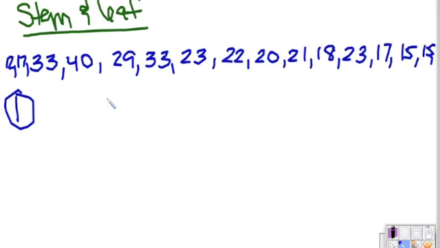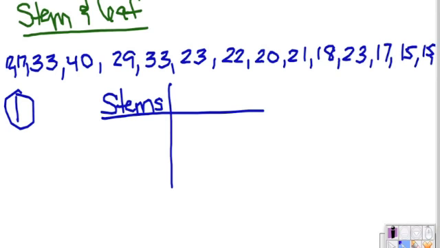But let me go ahead and get started here on my chart. So we have our stems on this side, and then our leaves on this side. Okay? Now I'm going to put 1, 2, 3, 4. I don't have any